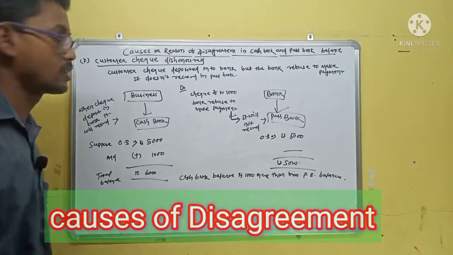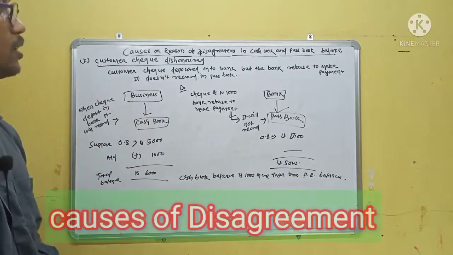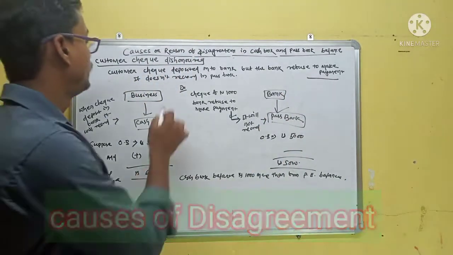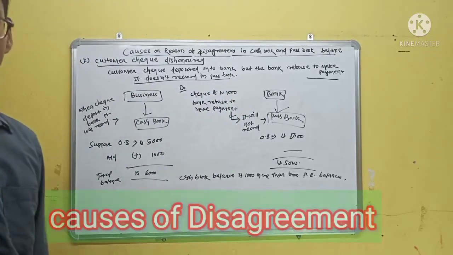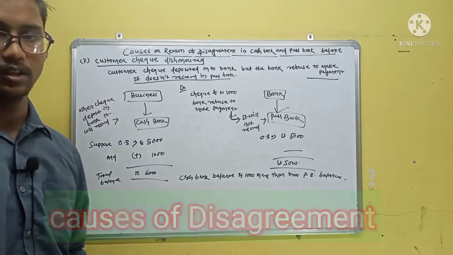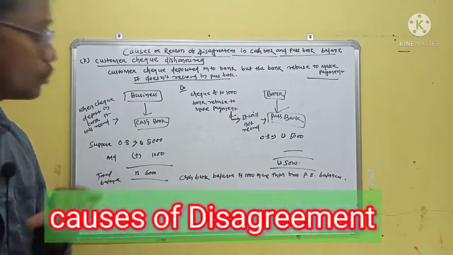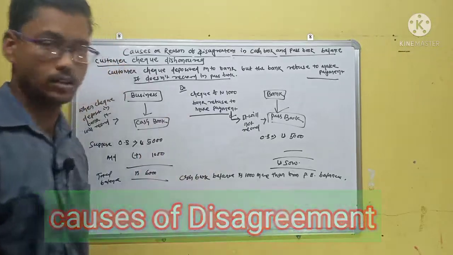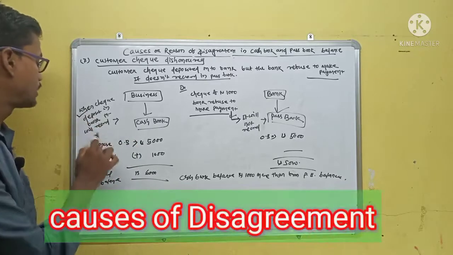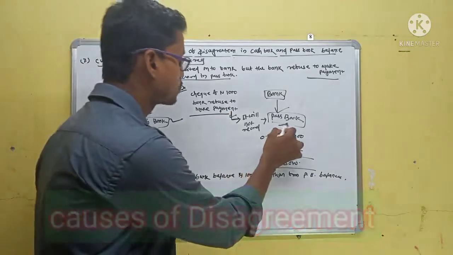Next cause is the customer check dishonour. When a customer check is deposited into the bank but the bank refuses to make payment, it is not recorded in the passbook. Suppose a check of rupees 1000, the bank refused to make payment. Business deposits a check of rupees 1000 into the bank, but the bank refuses to make payment due to any reason. When the check is deposited in the bank, it will be recorded in the cash book, but it will not be recorded in the passbook because the bank